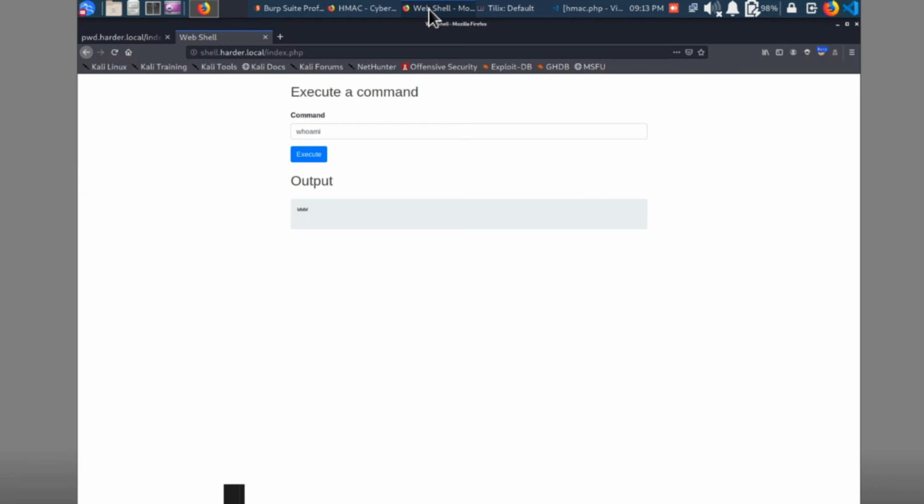All right. So this is every web pen tester's dream. This is basically a built-in web shell. This is good to go. We can specify things. We can see where we're at. We can do a pwd, print working directory, or see we're in www shell. We can do an id. We see that we're www. That's not the best,